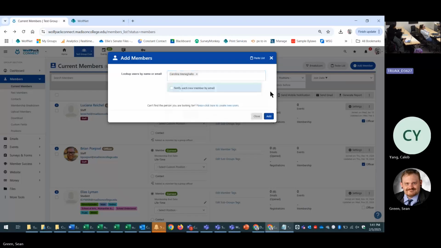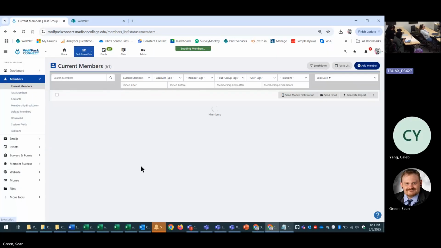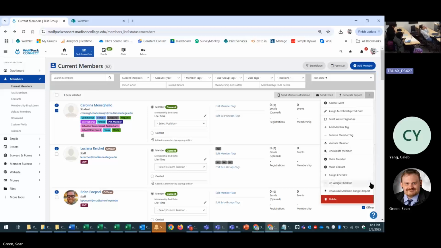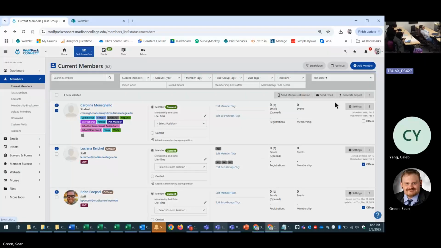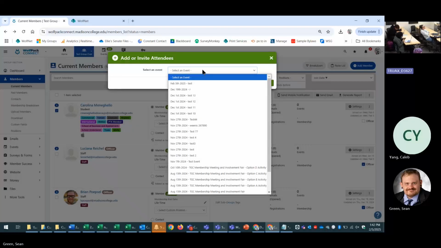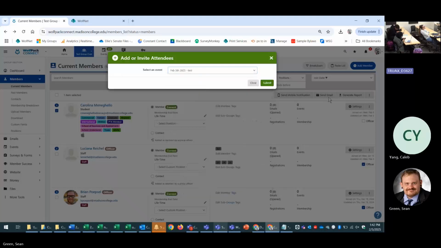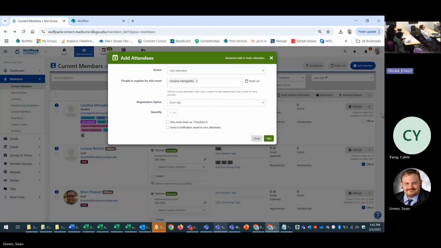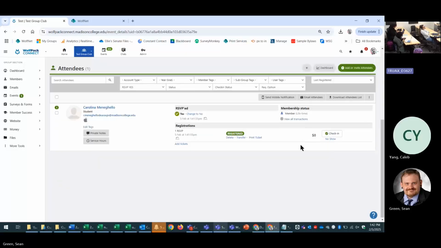If you don't know, you could add numbers in here as well. I think that was kind of self-explanatory. But yeah, so we have Carol back in. So now I'm gonna go ahead and, let's see here, what else I can do. Add to it, that's what I meant to do. Here we go. So we can add to an event. So I want to add her as an attendee to the event. So we have my event that I just did, right? So that's gonna load, and then now I can go ahead and add, and boom, now she's on that event,